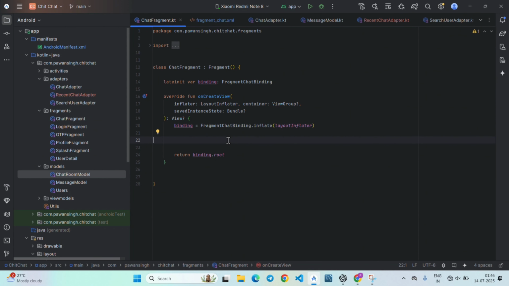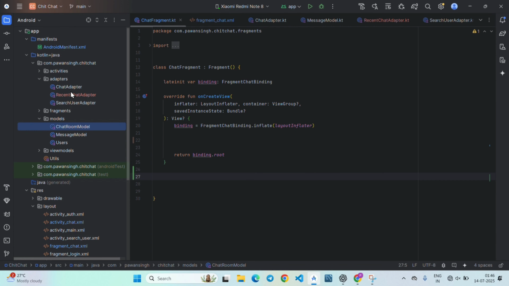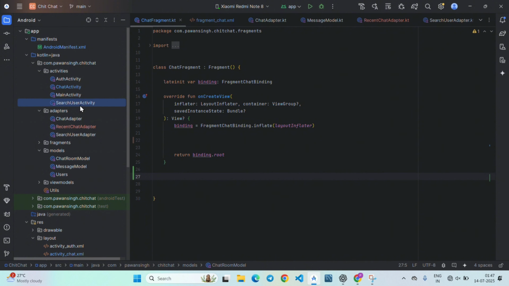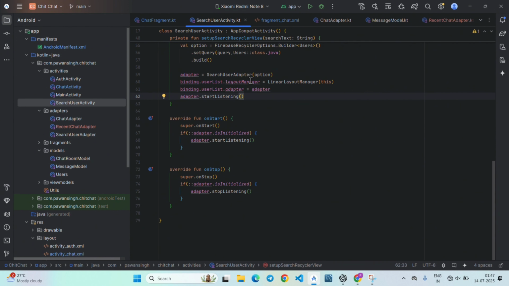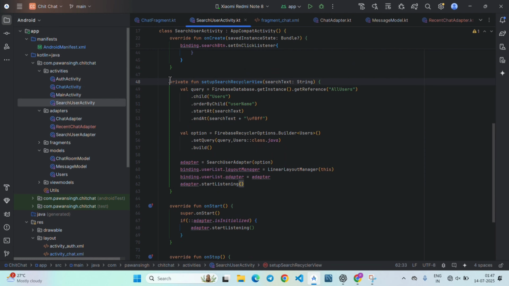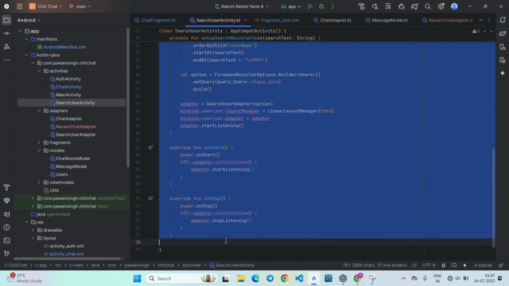Here we will write code, and we will just copy the code from our search user activity. So open the first search user activity, minimize this, and it will be inside activities. So go to activities and then click on search user activity. We need this function till last, on start and on stop also. So copy this function